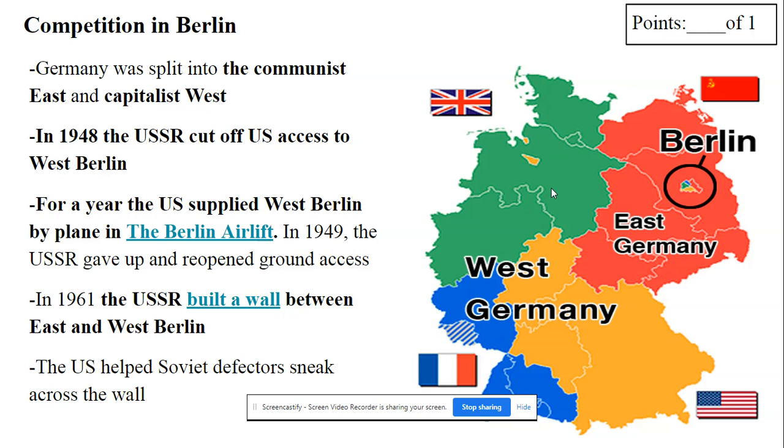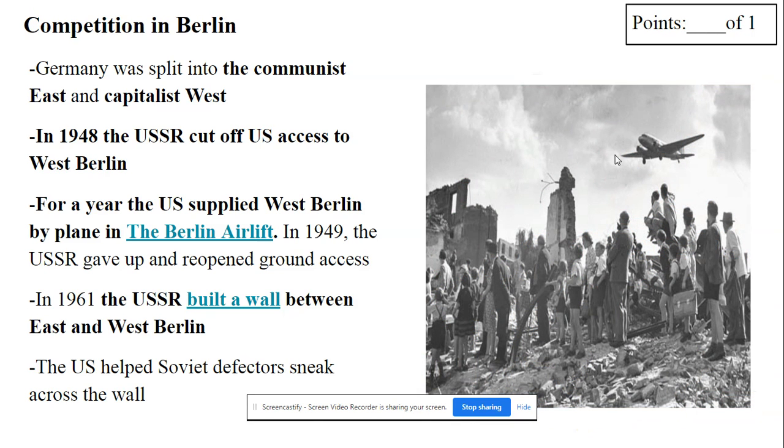So in 1949, that's what they did. They cut the railroad that ran from West Berlin to the rest of West Germany. And after that railroad was cut, the US and their allies had to supply West Berlin using cargo planes for a year. How did the US keep supplying West Berlin after the Soviets cut the railroad?